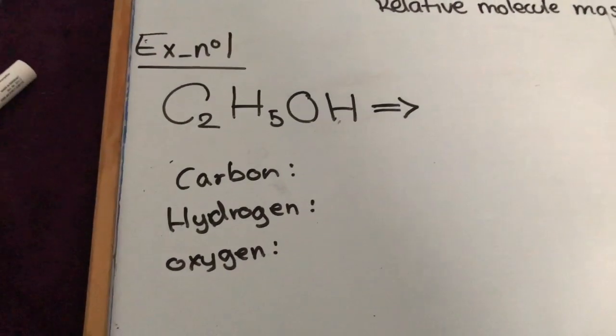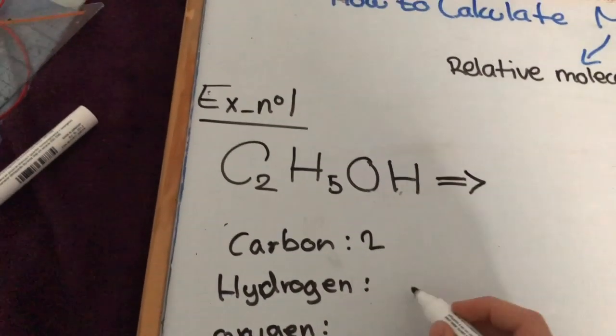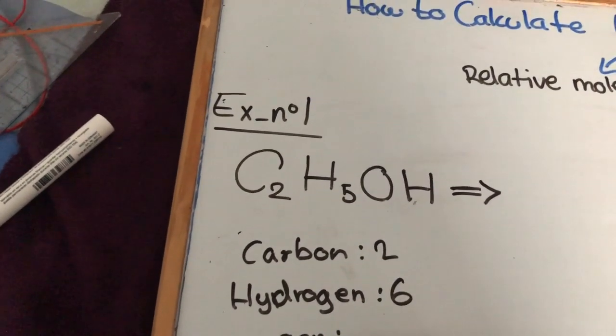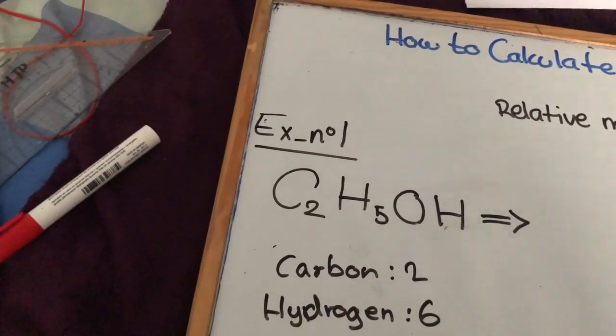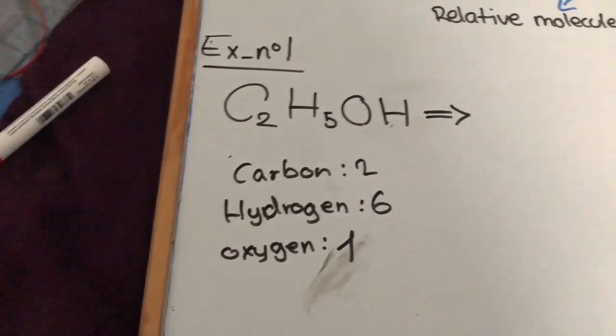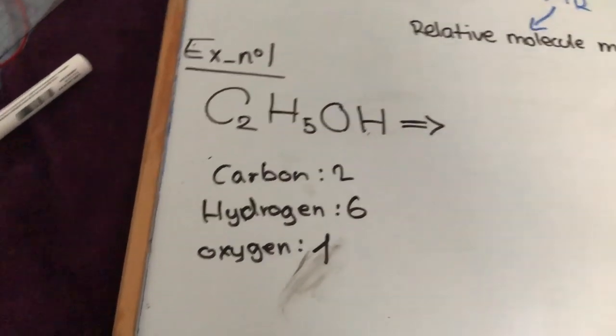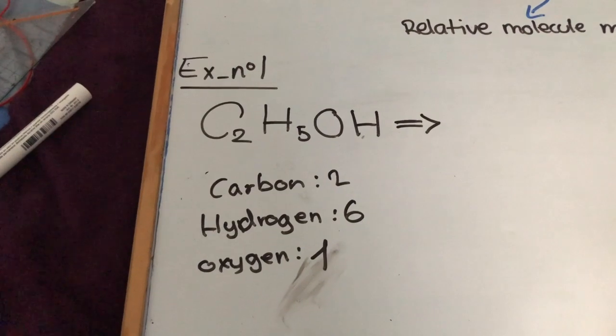Then we have to see how much of each we have. Carbon we have 2, hydrogen 6, and oxygen, we have 1. There, we're going to multiply that amount by the element's atomic mass,